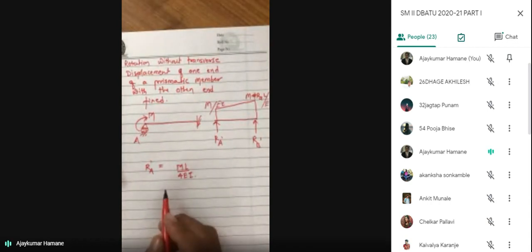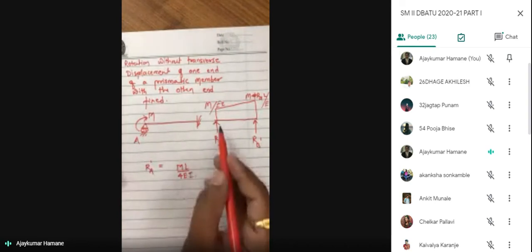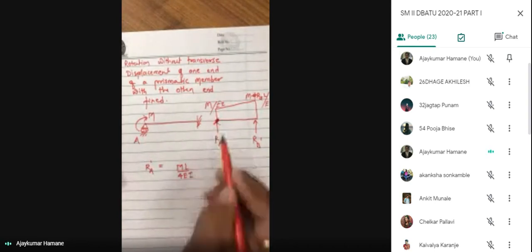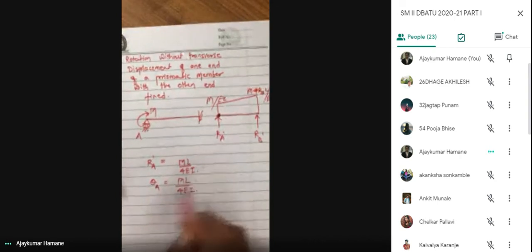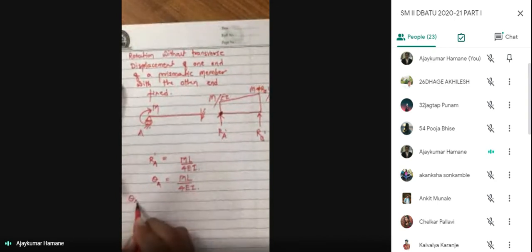RA equals ML upon EA. So this is what the reaction gives us, a slope at this end. So this is nothing but theta A equals ML upon 4EI. So from that we can say here